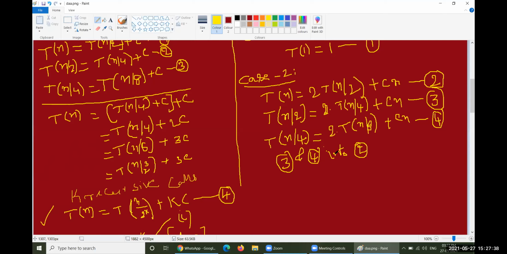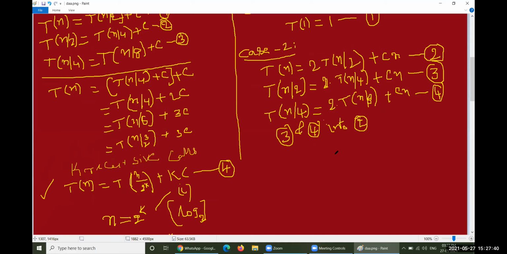You could get this particular kind of specification here. T of n will be equal to 2 into, T of n by 2 value is 2 into T of n by 4